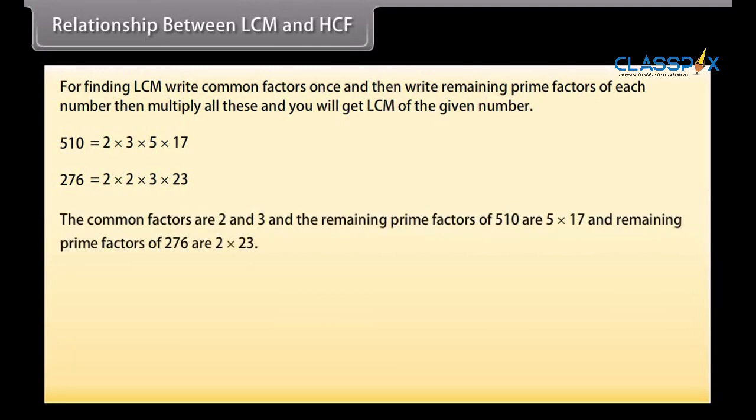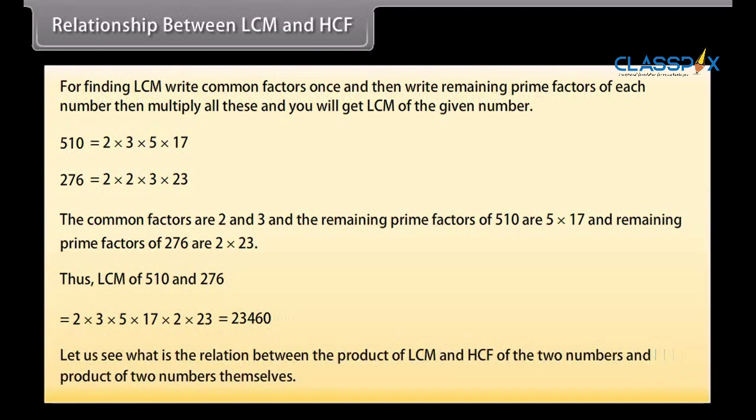The common factors are 2 and 3, and the remaining prime factors of 510 are 5 × 17 and the remaining prime factors of 276 are 2 × 23. Thus, LCM of 510 and 276 is equal to 2 × 3 × 5 × 17 × 2 × 23 equals